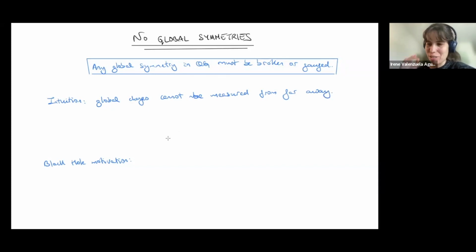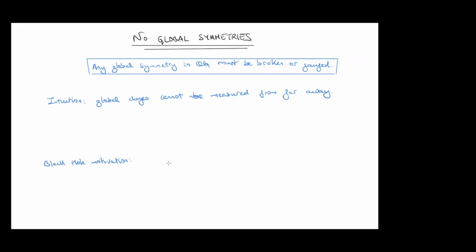You're missing it because first I'm going to tell you how to understand the difference between global and gauge symmetry, to make sure we are on the same page, and then I will tell you why that's bad. This intuition is also useful to understand why a global symmetry is bad in comparison to a gauge symmetry. So if I'm starting with a field theory which already has a global symmetry,